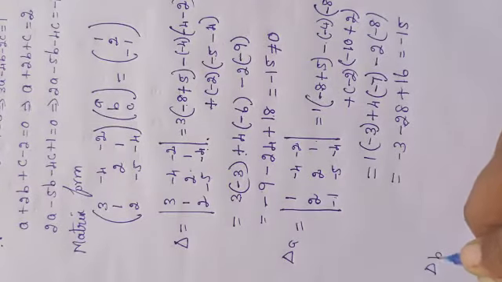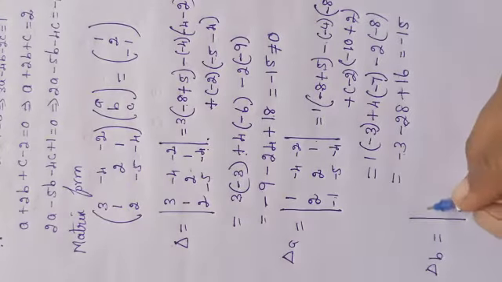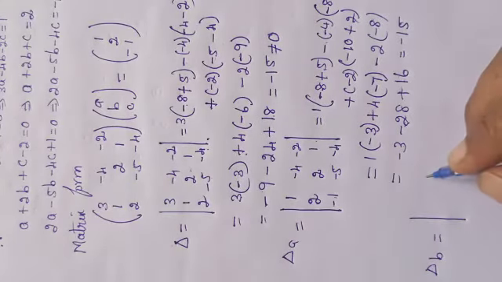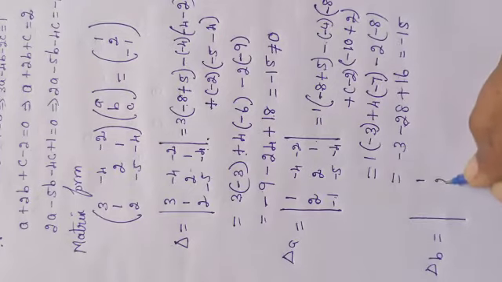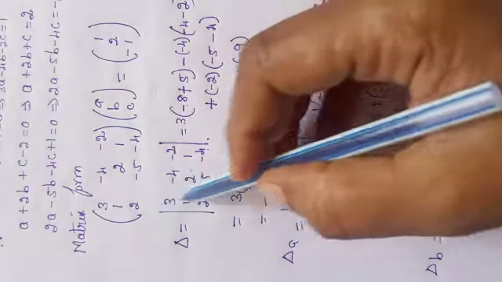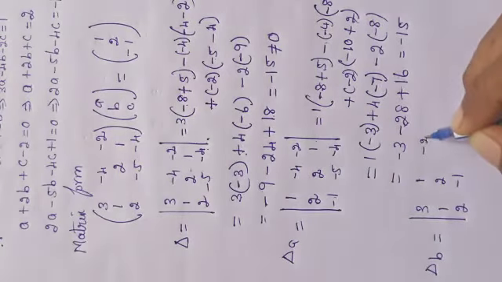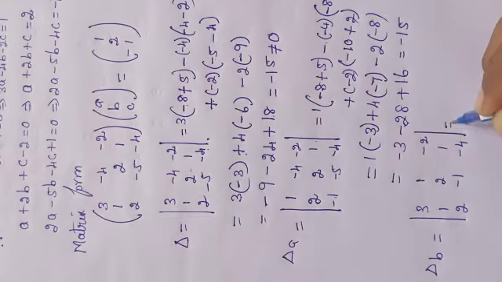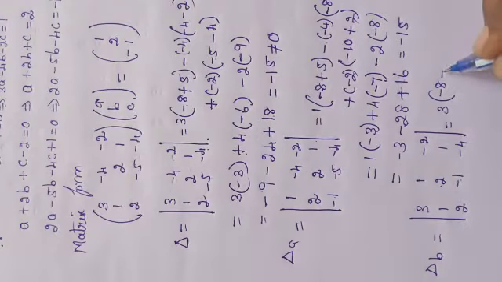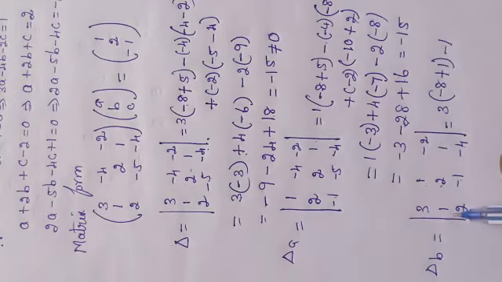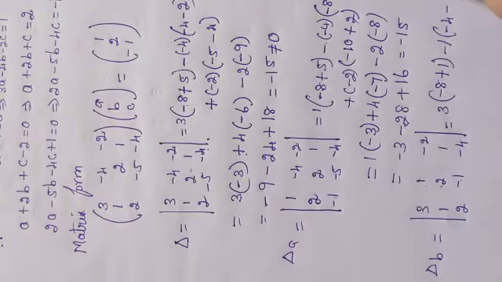Now we have to find out delta B. That's the determinant. So the constant values we have to substitute in the middle: 1, 2, minus 1. So A and C as they are: 3, 1, 2, minus 2, 1, minus 4. Shall we do it? Now 3 into 2 into minus 4, minus 8, minus 1 into 1, minus 1, so it will become plus 1. The second value, minus 1 into minus 4, minus 2 into 1 is 2.